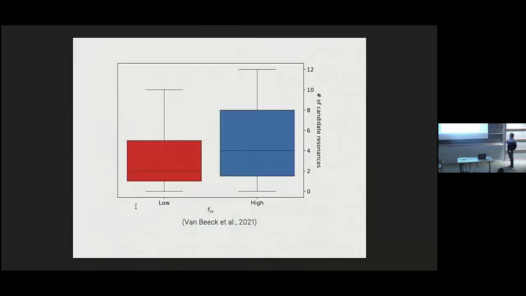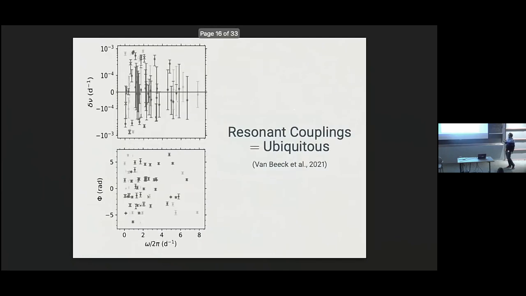If we look at these observational characteristics for nonlinear mode coupling through our entire sample, we find that the number of candidate resonances, so the number of resonances that fulfill these two equations that I showed earlier, is significantly different from 0. So we do find candidate resonances in most of the stars in our sample. In fact, we find it for 32 out of 38 stars that we consider. So one could say that resonant couplings seem to be ubiquitous in our slowly pulsating B stars,